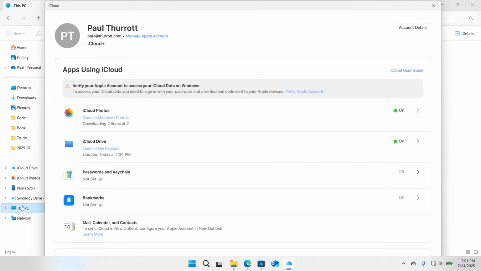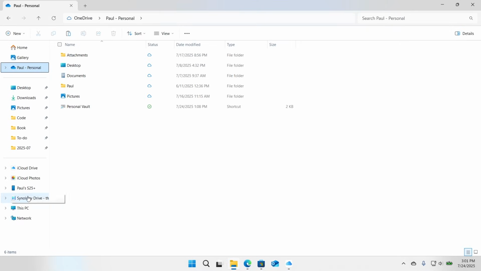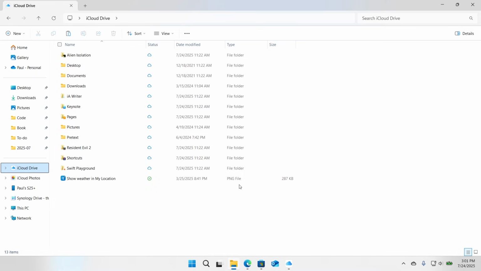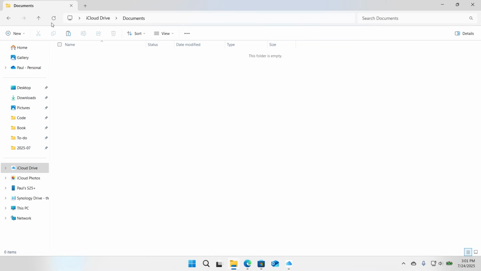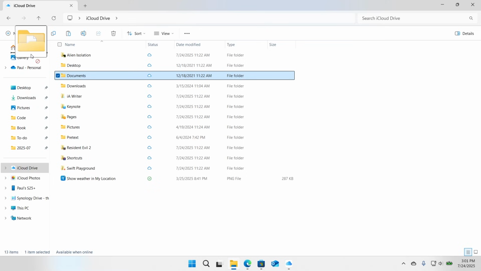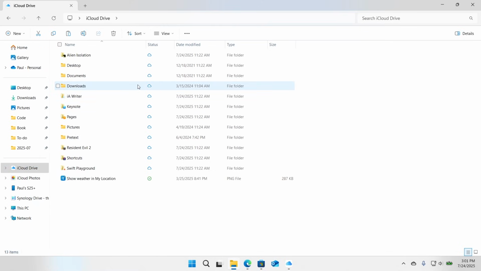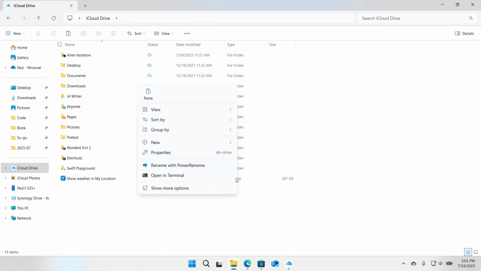And when you do that, it's just like anything else. I do have OneDrive here. If I had Google Drive, I'm using Synology Drive, and now I can use Cloud Drive. I don't actually use Cloud Drive for documents, but if I did, I could go in here and access those. You can pin these things to quick access, just like you do anything else. And so that gives a really nice native integration, because you can also go in there and I think you